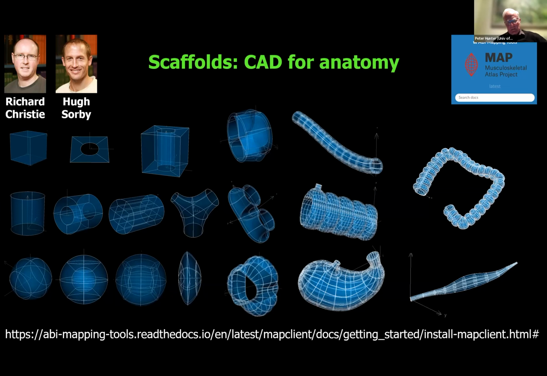This is about being able to design complex shapes for carrying spatial information in biology. Those shapes could be relevant to a small piece of tissue, or a whole organ, or it could be the whole body. So it's really a CAD package for being able to develop suitable spatial frameworks for handling spatial information. And it's been driven by, we're into the seventh year actually, of our NIH funded Spark project.